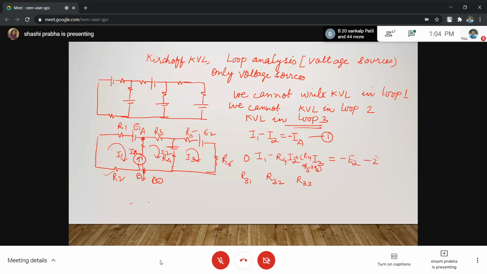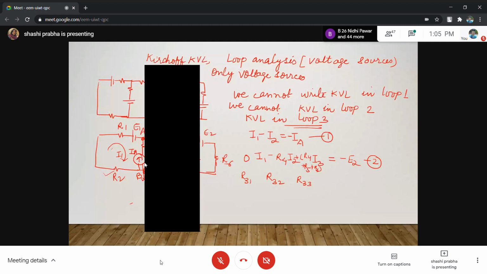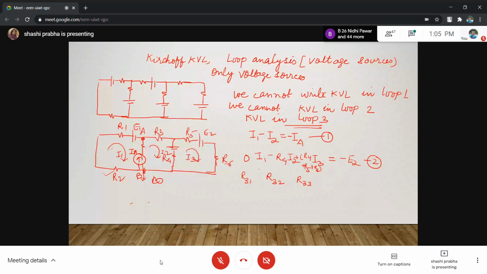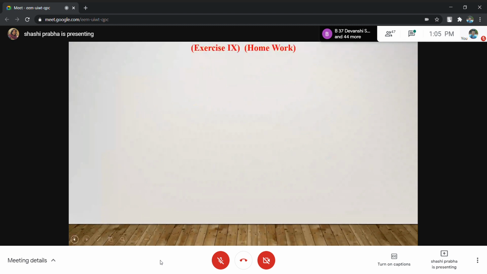This is equation 2. How many current sources are there? There is one current source, so we will write one equation from the current source. Whatever equation is possible, the third loop equation is possible. There are three unknowns I1, I2, I3, so we need one more equation. And one more equation you will write as, this is very important to know that